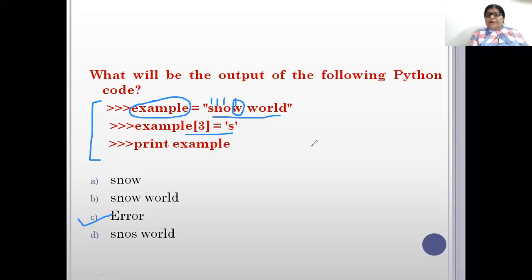So in this case, it will create an error. Many students put this as S. They are not thinking about mutable and immutable. In the 11th class also, we clear these terms: what are mutable types and what are immutable types. Strings cannot be modified, that is an immutable type.